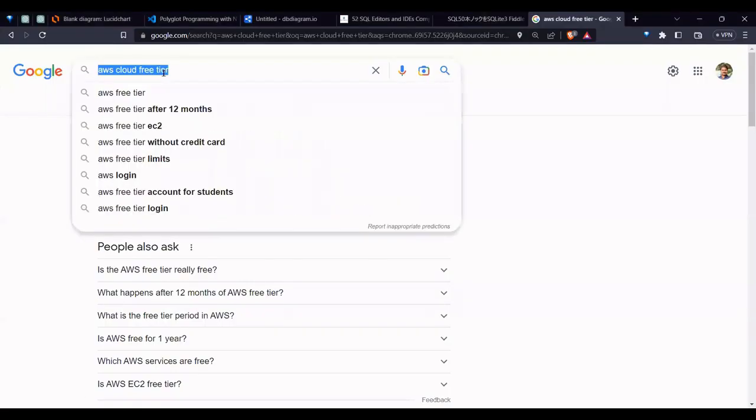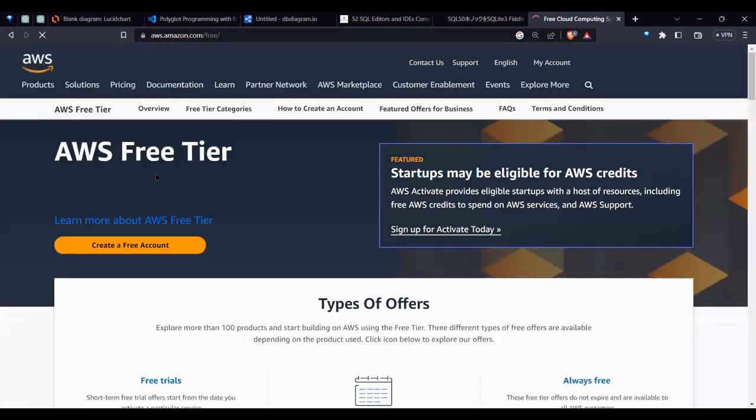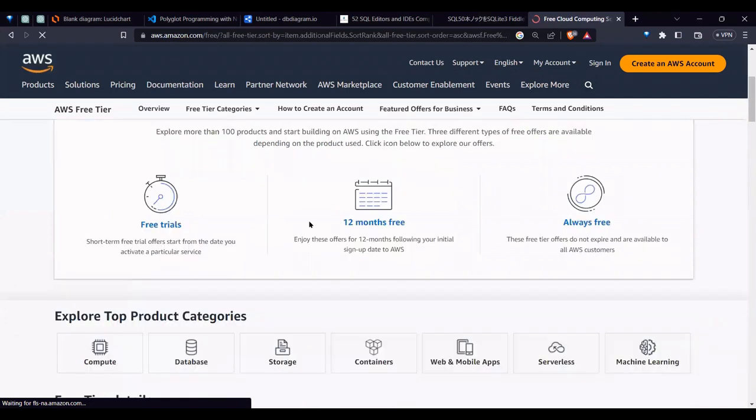If you type like AWS Cloud Free Tier, then you can go here. And if you see, by default, AWS Free Tier will get you 12 months free. With some services which are always free,